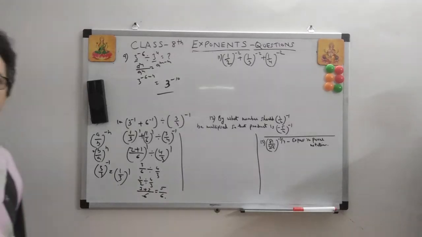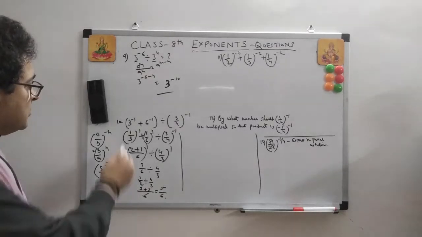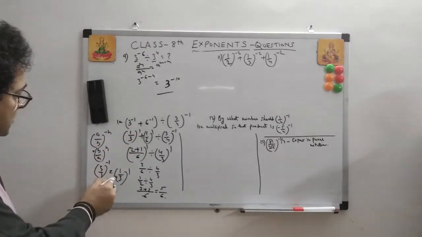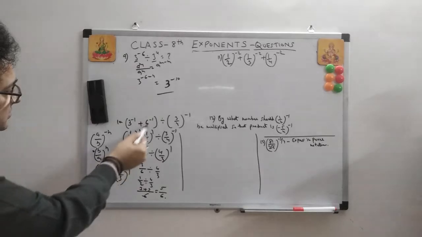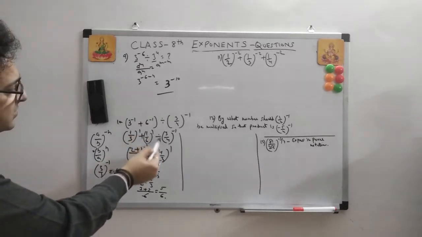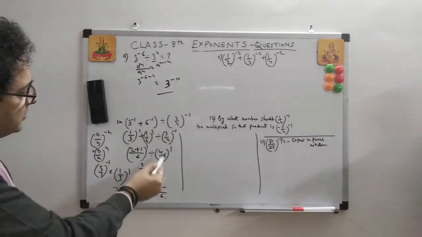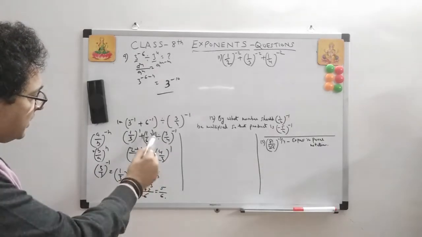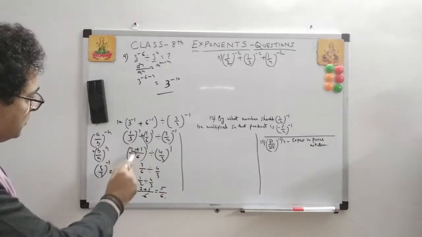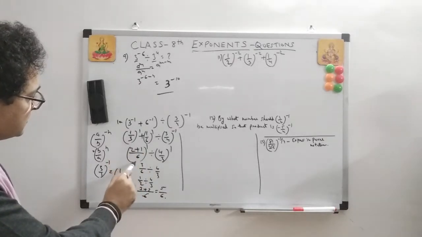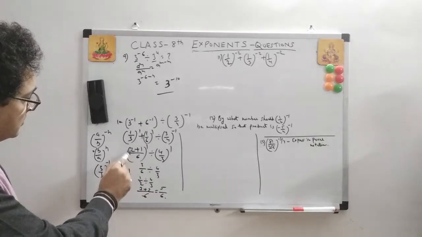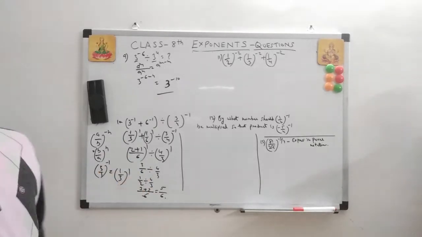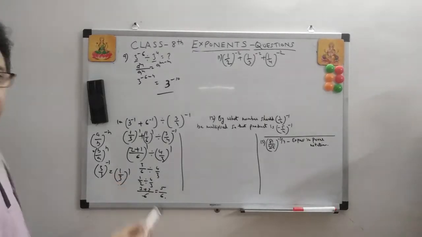Got this? Simply I am doing nothing, I am just applying the law. This is 3 by 1 to the power -1, right? This becomes 1 by 3 to the power 1. Same way 1 by 6 to the power 1 divided by 3 by 4 to the power 1. So here I think I could have done one. Yeah, I have done it. I reverse this and I put 1. So this I solve. This becomes 3 by 6. LCM is 6. 3 by 6, right? So this becomes half divided by 4 by 3. So this becomes how much?